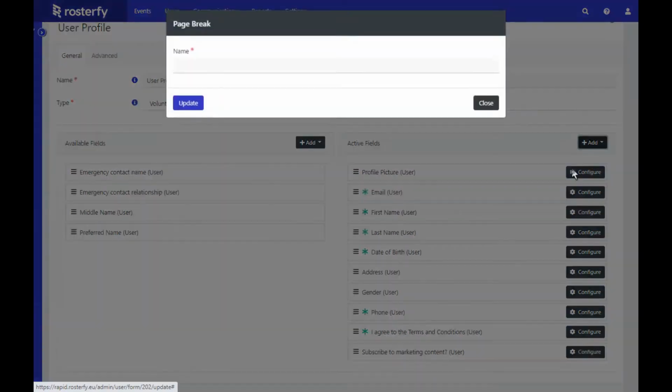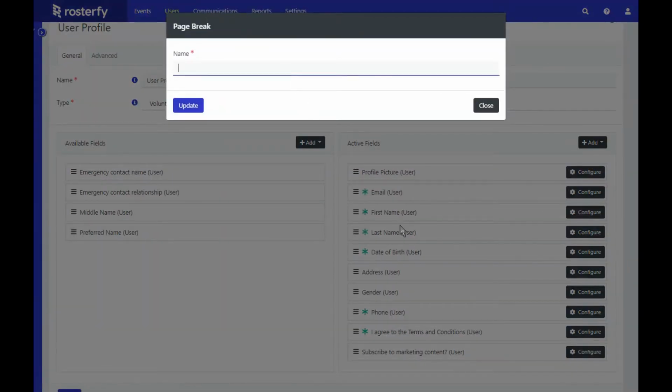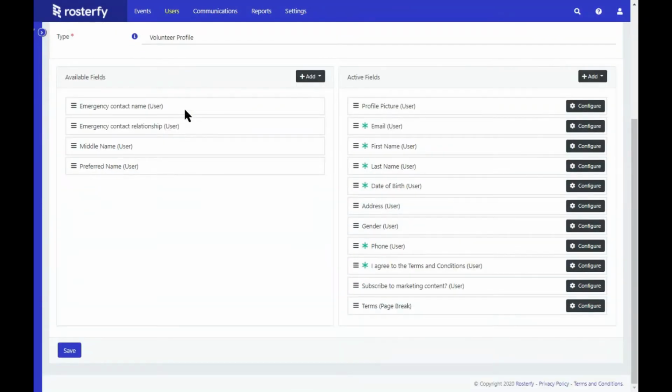Additionally, while I'm clicking and dragging I'm able to set the order. I can then add in page breaks in order to section it off so that you can see specific sections. In this case I'm using terms, so I'm going to take across all my terms and add them into a specific page, page 2, which I can then view inside my portal.